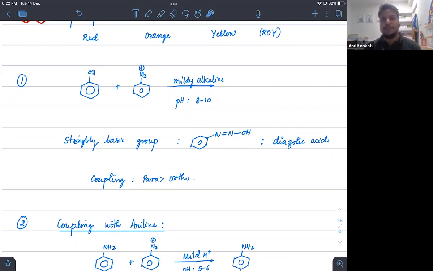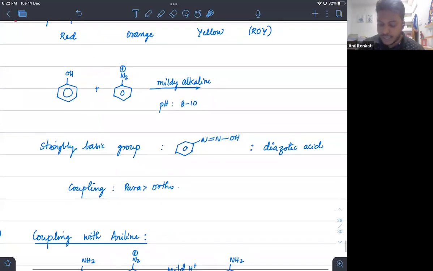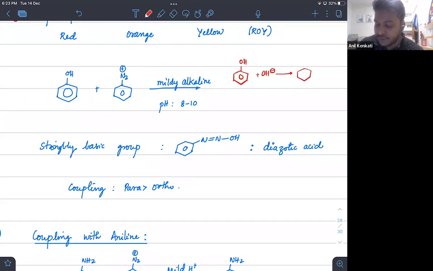So we can't go for a more acidic medium, but you know that phenols will always favor a more basic character, because it will make it more activating. Because if you take phenol and treat it with OH minus, then we will have the phenoxide ion, right? And that phenoxide ion is highly activating. So to keep phenol more activated, we would rather use a basic solution than an acidic solution.